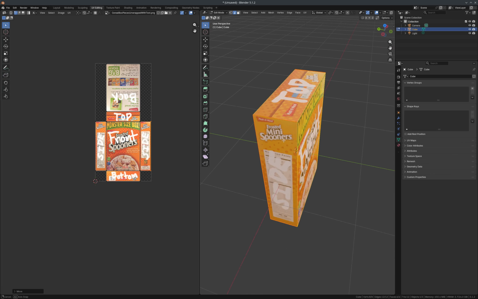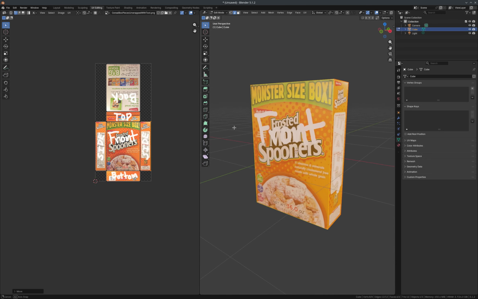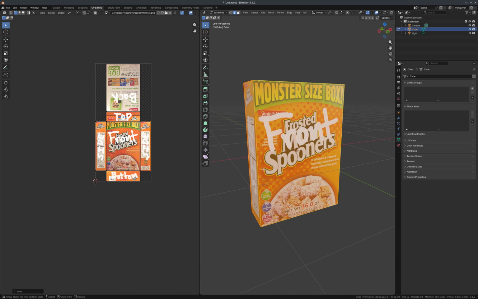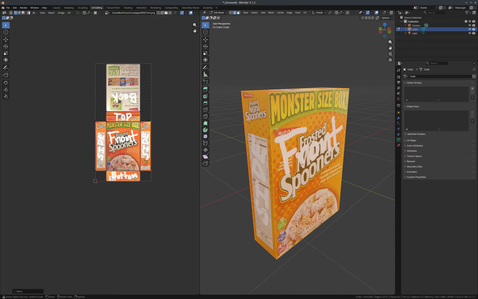Okay, and now if we tumble the view of our serial box, that looks pretty much correct. And you can see our labels are all showing up in the right places. So we have created a UV map now. And there's just two things really that we need to do. One is I just want to note that